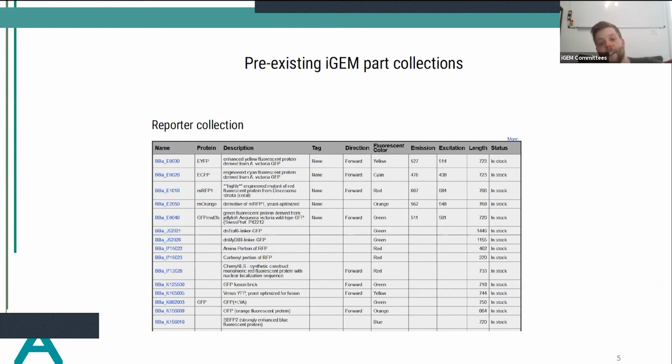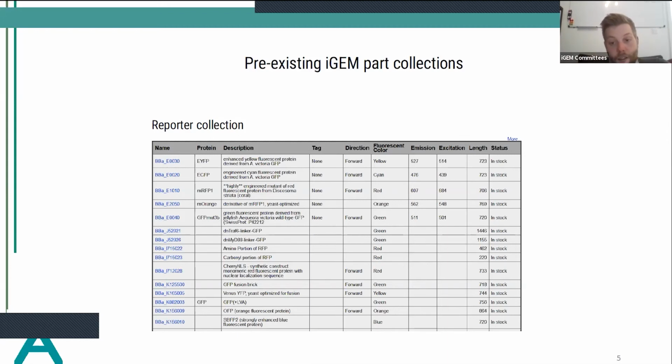So if you have an iGEM team in your country which has participated in the past, perhaps just ask them if you can have some of the parts. That's solution one, if you are able to work in the lab, actually. Solution two is